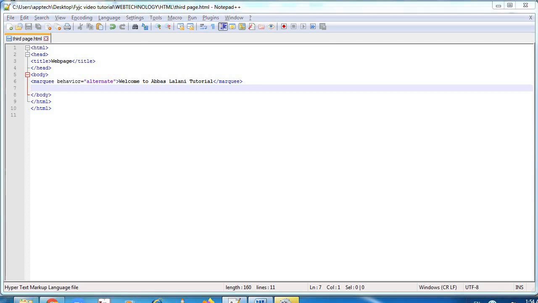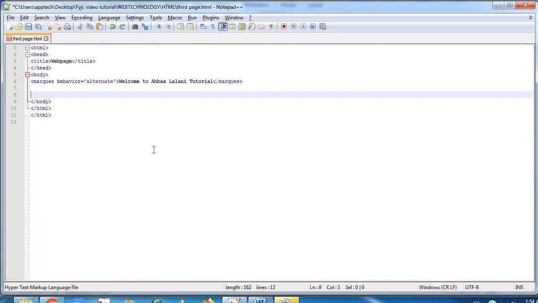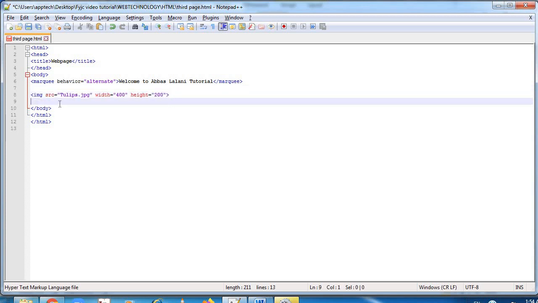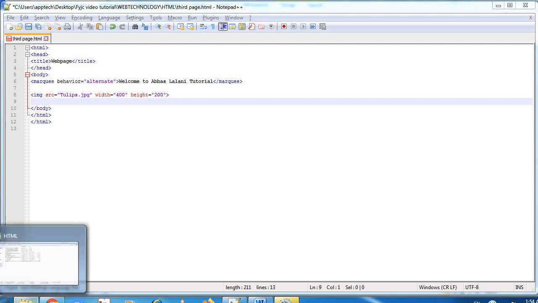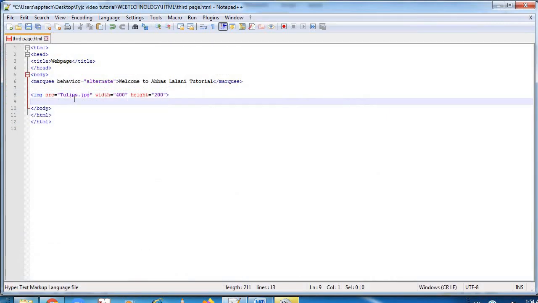Now next we'll learn how to put an image. The image tulips.jpg is already in my folder, so I'll just put the source: img src tulips.jpg.